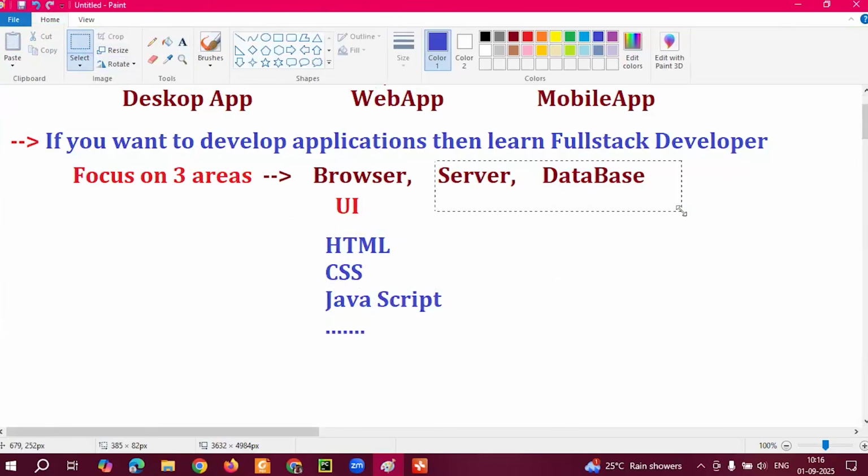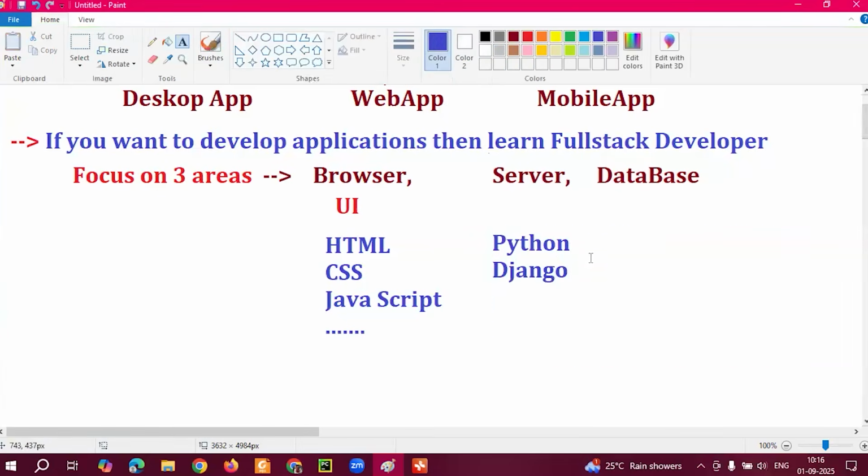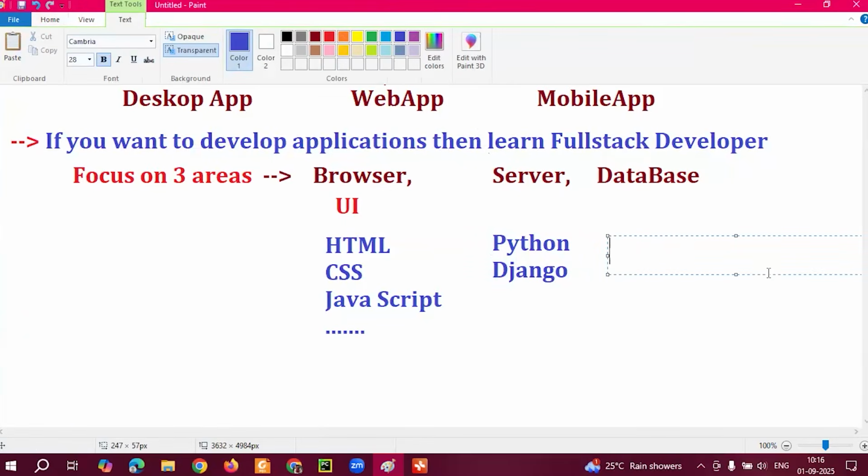What do you have to learn as part of the server side? One programming language is required. Sir, which programming language do I have to learn? Learn a programming language called Python. As well as one framework is also required. Go for Django, there is one framework, guys. Python means core Python and advanced Python, both will come as part of Python itself. On the database side, you have to learn SQL. There is a language called SQL.